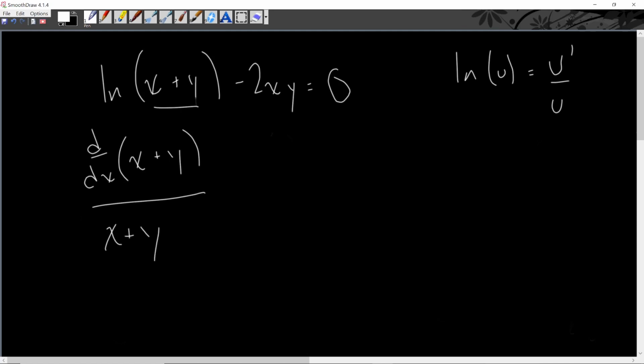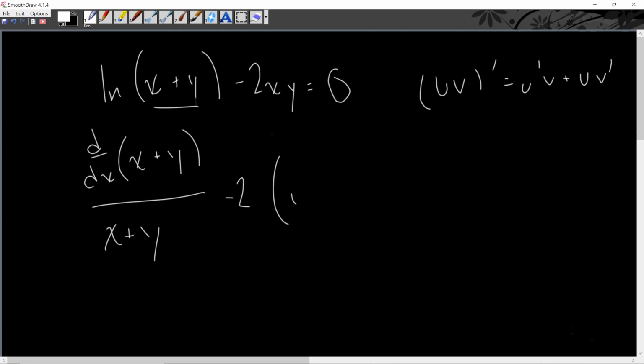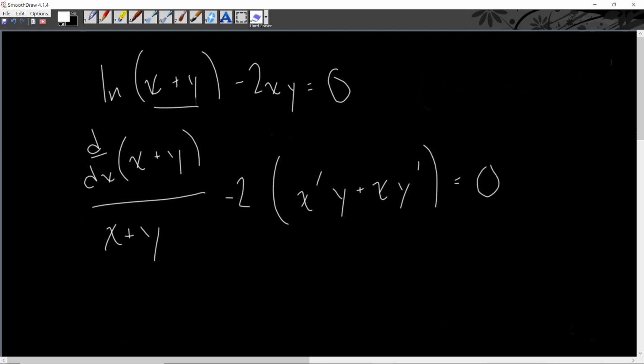Alright, so yes, if u in this case is x plus y, then we are going to have u prime up top and then u in the denominator, and then this is going to be a nice product where we're going to have 2 times x y prime. So again, the product rule, it's going to be u prime v plus u v prime, and then we're going to have minus 2 times x prime y plus x y prime, and that's equal to 0. And now from here, we just have a bunch of derivatives to evaluate, and now d/dx of x is going to be 1